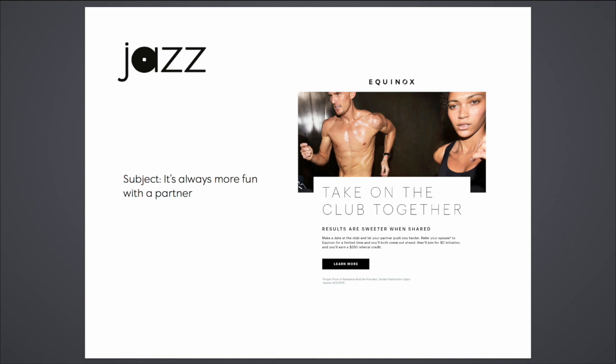What I love about what they're doing here is actually grabbing onto another trend, which is in fitness that if you have a workout buddy, you're definitely more accountable, right? "Results are sweeter when shared." What a great way of saying, if you come with your friend, you know you're going to come, so you have to come, like whatever. But results are sweeter when shared, right? That's amazing. So I really love this example. I think fitness brands, like I said, do a great job of this. And this next example